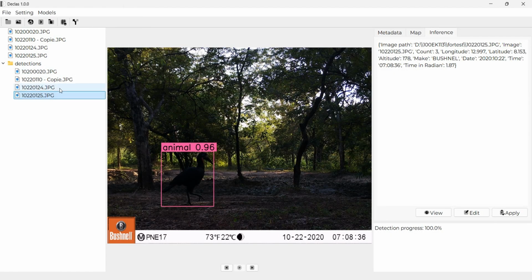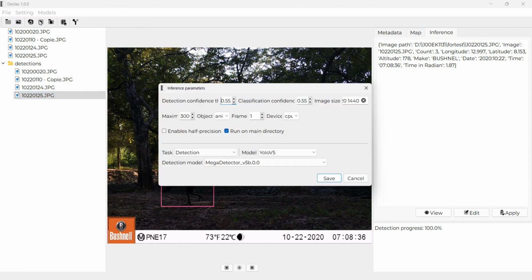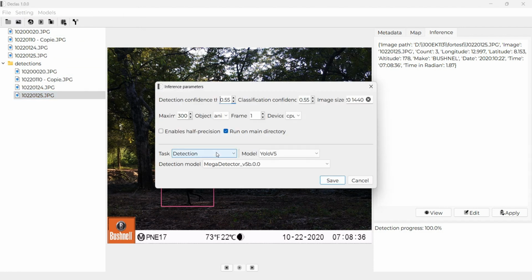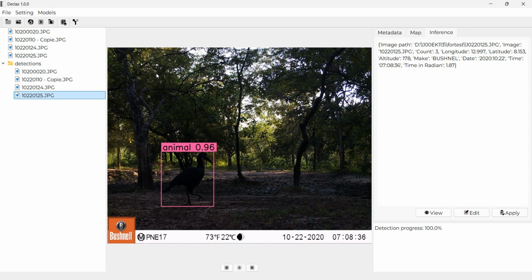Okay, now let me come back here. I change just my settings option. I click on inference parameters, and instead of checking run on main directory, in this case I want to run on a project, not on a main directory. So I uncheck this and I click save again.